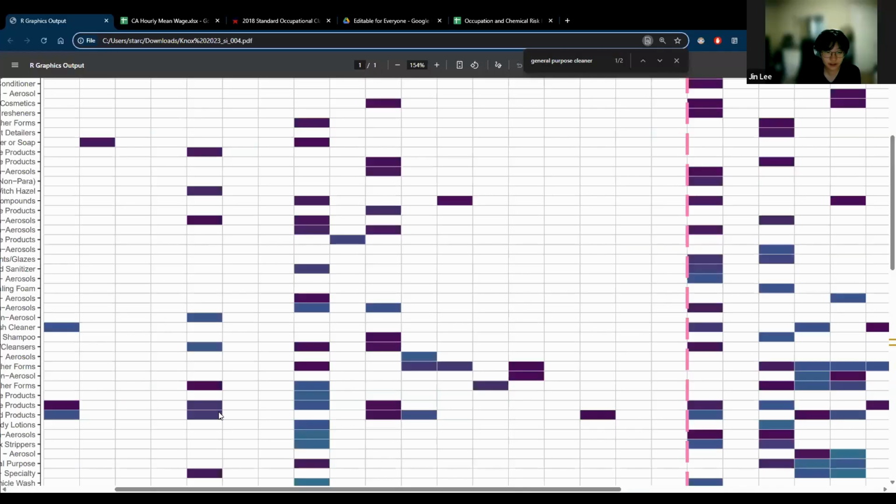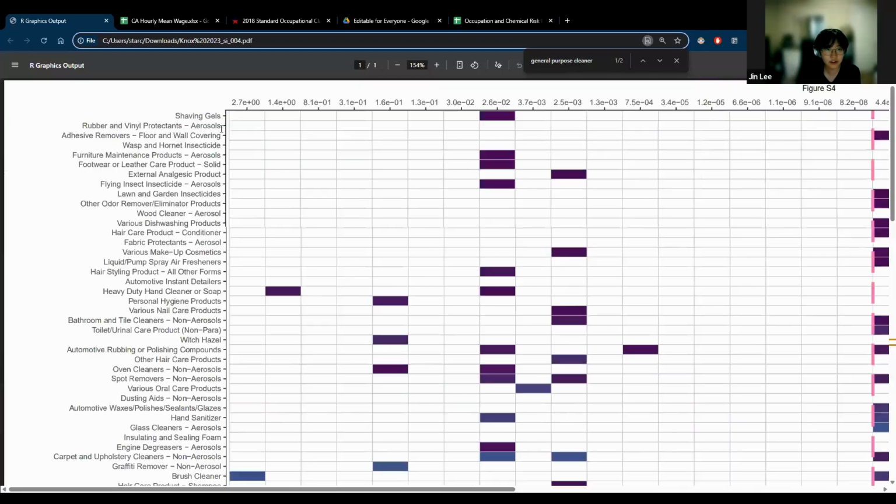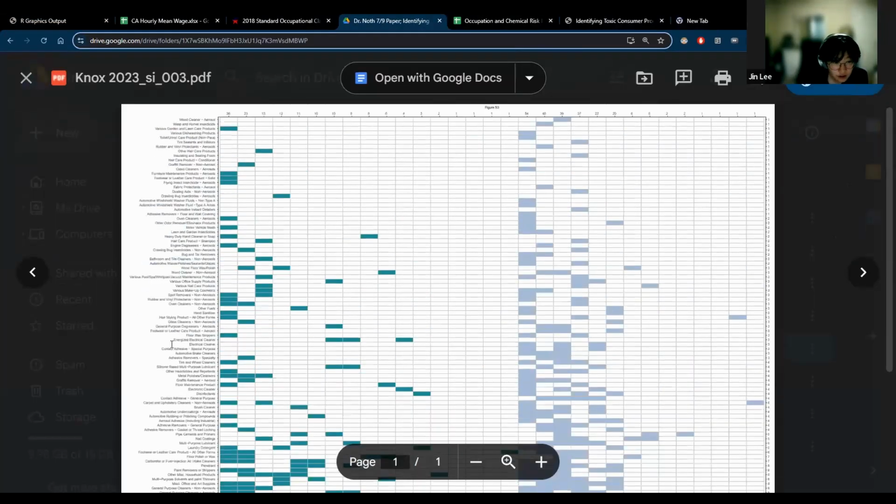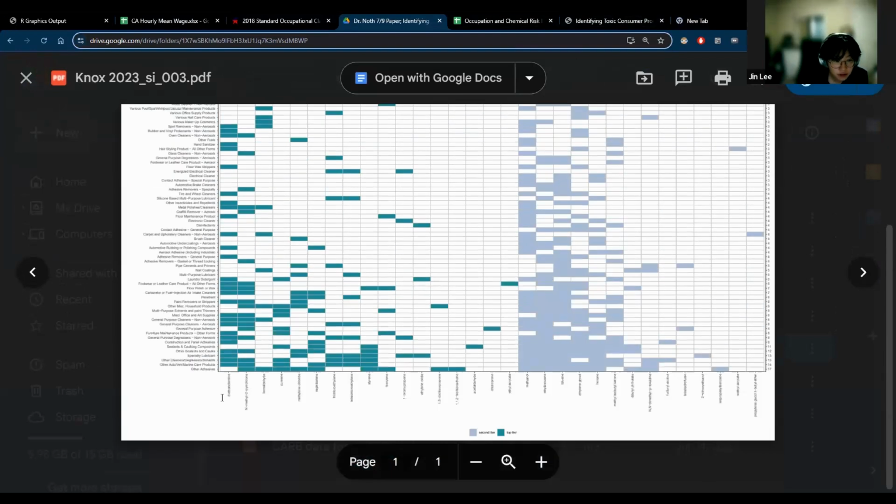Okay, wait a minute, let me pull this up. I'm not really sure which ones are which. I think the ones on top start from shaving gels down. Actually, S3 has all the workplace exposures, from cleaners to others.